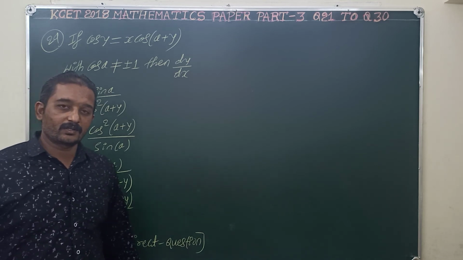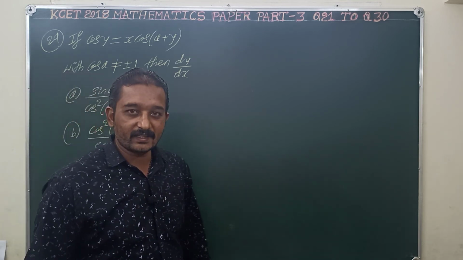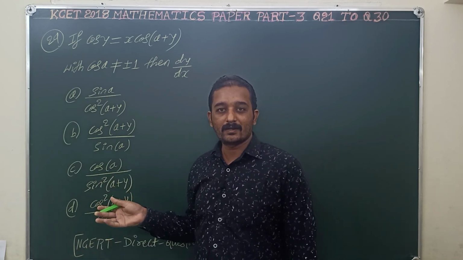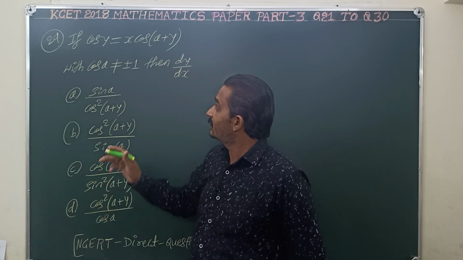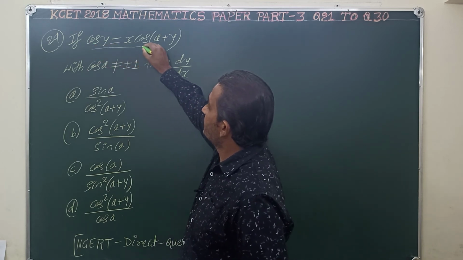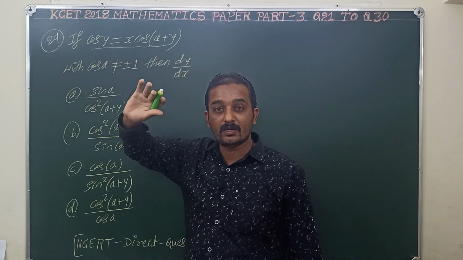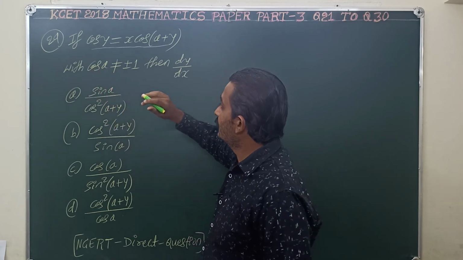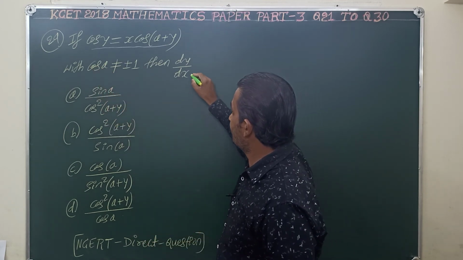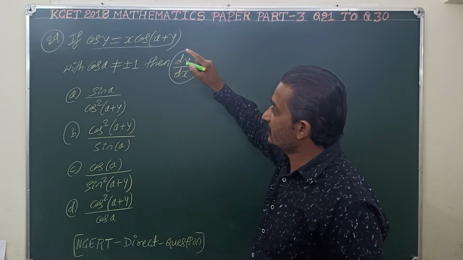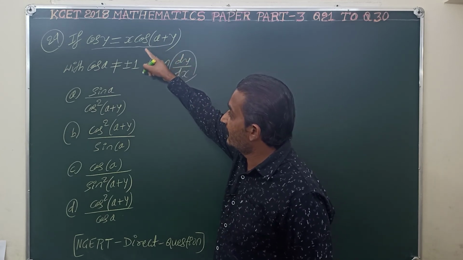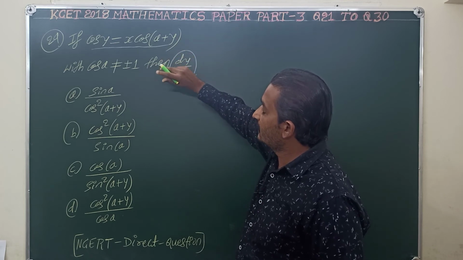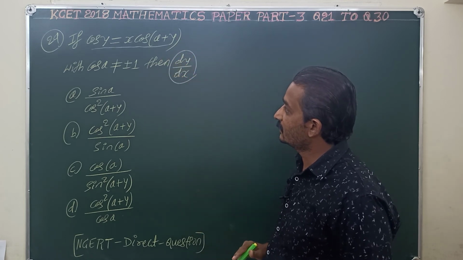So now let us move on to the next question, question number 29. Once again this question is based on the chapter continuity and differentiation, particularly differentiation of implicit functions. Here an implicit function is there. Usually they ask 5 or 6 questions on this chapter in KCET. Let us take the second question. In this case this is an implicit function, we have to find dy by dx. First we have to find x in terms of y, then dx by dy, differentiate with respect to y, and then take the reciprocal, we get the required answer easily.